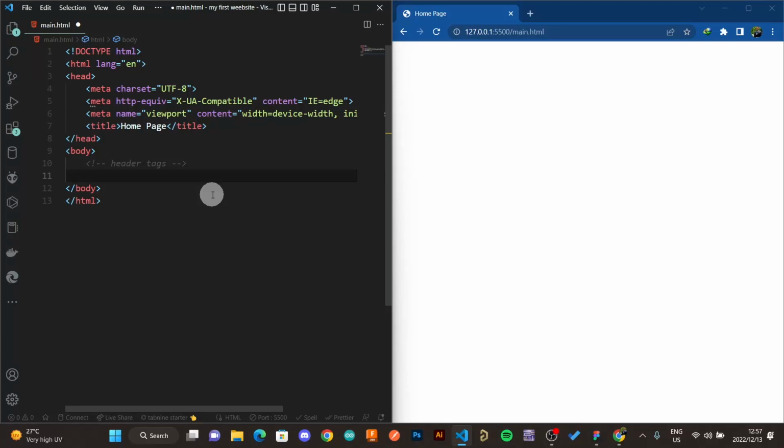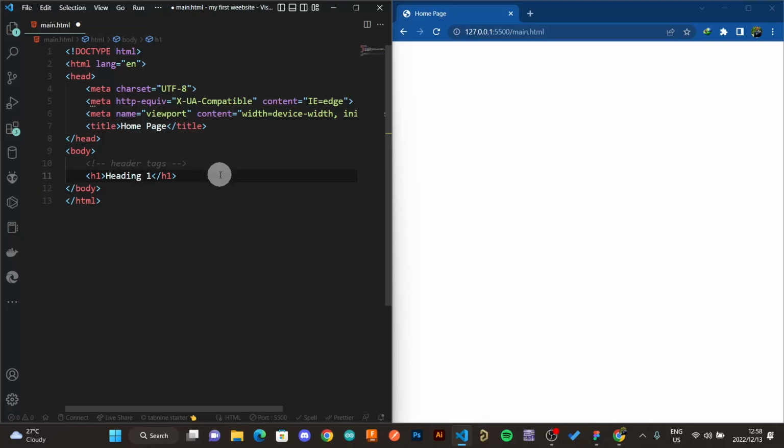So how can I write header tags? Header tags come in 6 different formats depending on the font size. If you put H1, remember we have the Emmet extension which helps us write code faster. When you type H1, you can press Tab and it finishes the tag for you, because these are HTML tags which have closing tags. So they have H1 and another closing tag in the section. So if you put heading 1